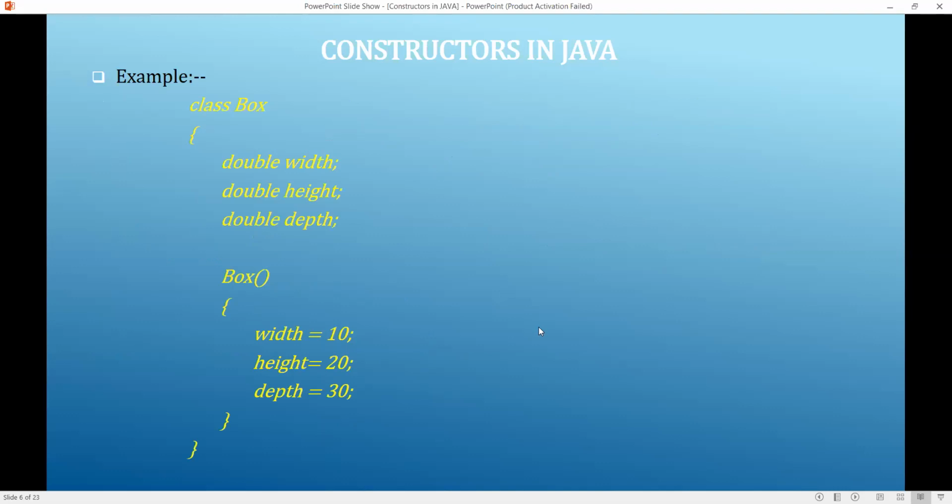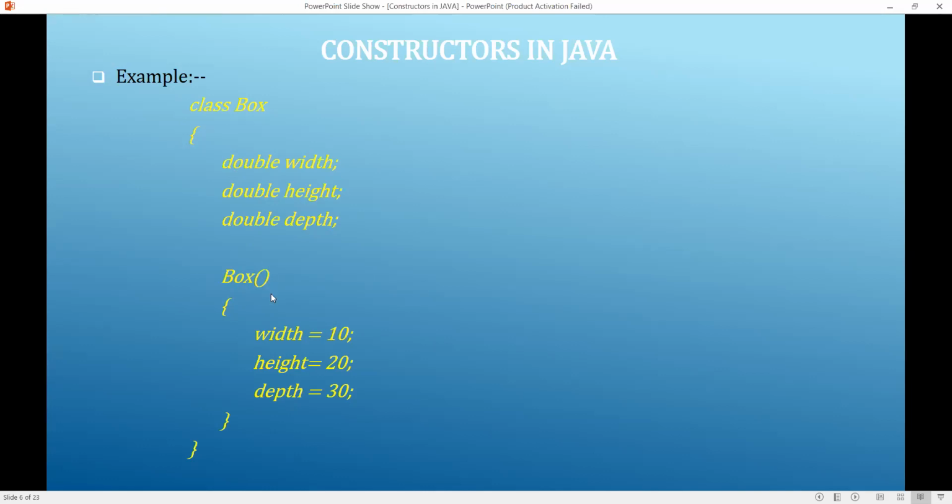Now our same box example. Here is our class Box, and inside it all the variables, width, height, and depth, the three variables are there. Now I am defining a constructor. The constructor is Box. You see our class name is Box, and this is also Box. There is no return type here.